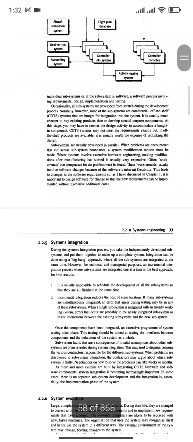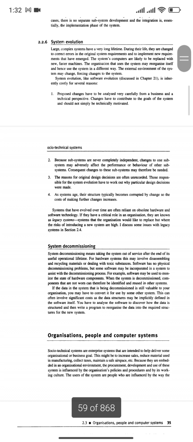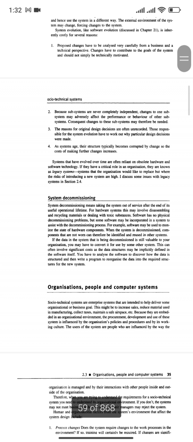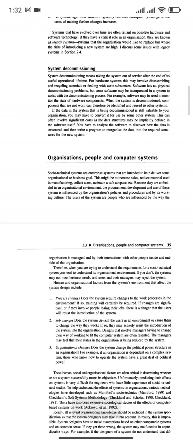And the architecture model of an air traffic control system: radar system, transponder system, data communication system, aircraft communication system, telephone system. And there are a number of other block diagrams which we will discuss, showing the relationships between all of them. System integration, system evolution, and system decommissioning are the major concerns of this chapter. Organizations, people, and computer systems. Socio-technical systems or enterprise systems that are